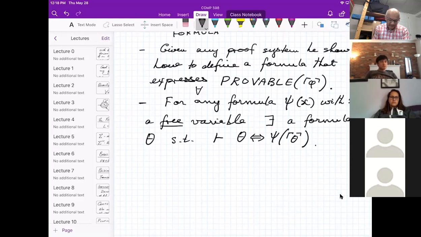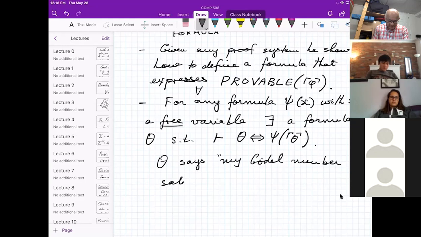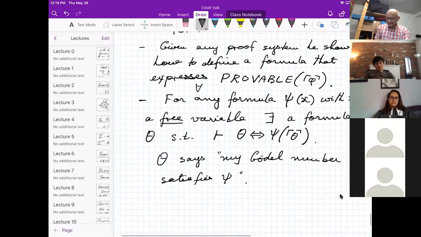So basically what this thing is saying is theta says my Gödel number satisfies psi. Psi is a predicate, right? It has one free variable in it. So you can stick things in there and ask, now that I've stuck something in there, is that instance true? And